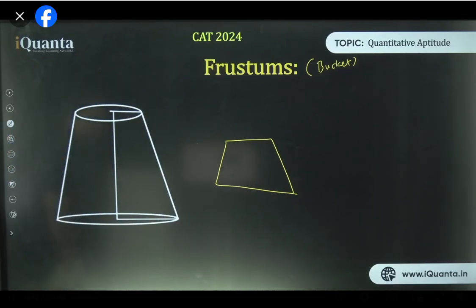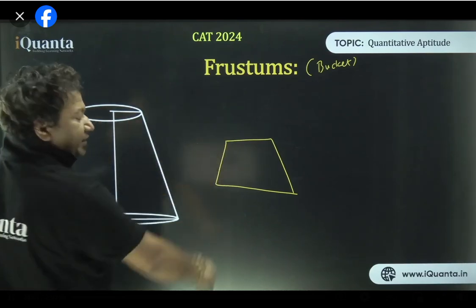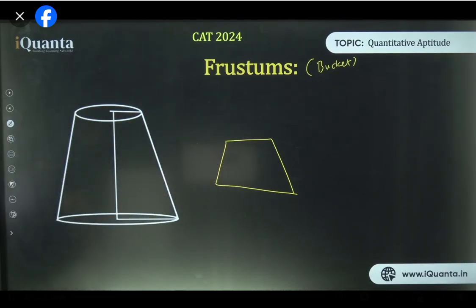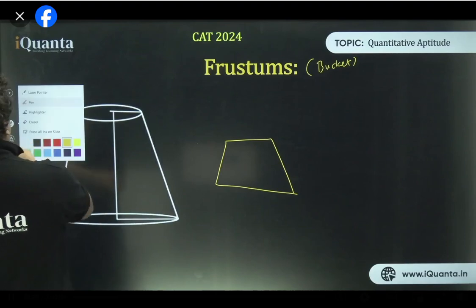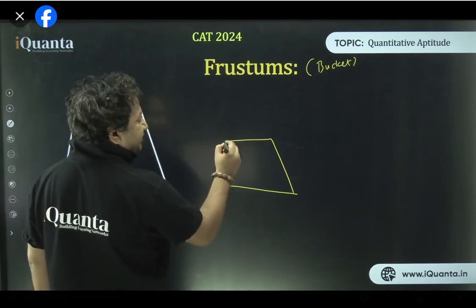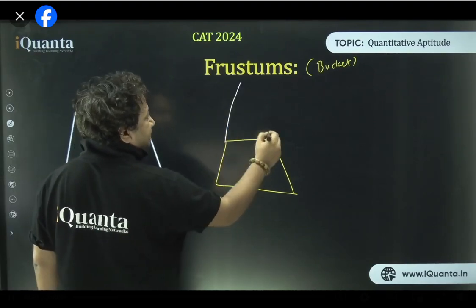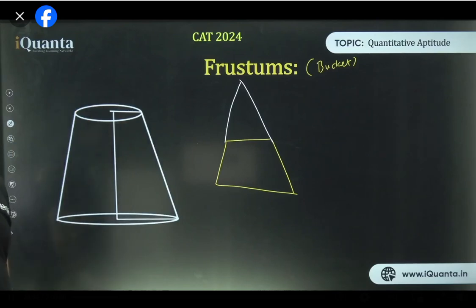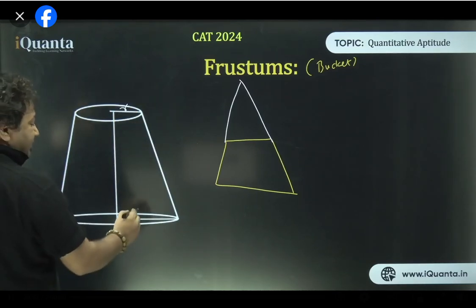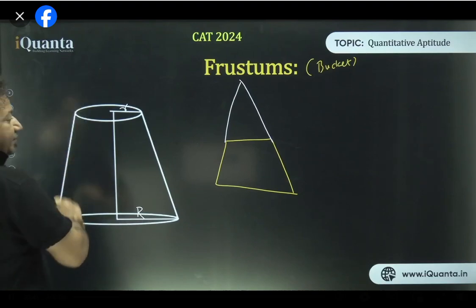ठीक है? Isn't it? From 2 dimension, if you look at 2 dimension, ये जो इसका surface है, it looks like an isosceles trapezium. Is that right? Right? Okay. And this isosceles trapezium, I told you in previous class, is nothing but a fraction of an isosceles triangle. Isn't it? Okay. So if this guy is R and this is capital R, we can create the formula by